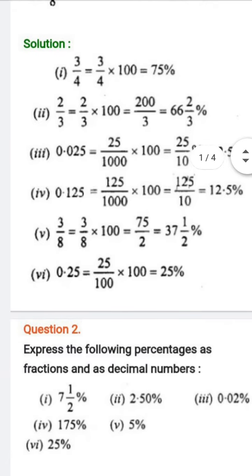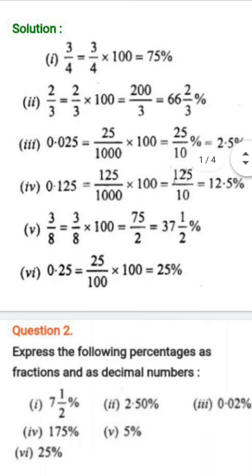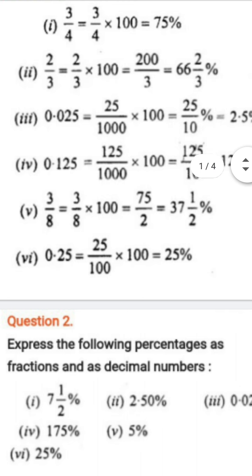Got it now? We will see another example, a decimal example. 0.25. What is there at the denominator? At the denominator nothing is there. That means 1 is always there. 0.25 upon 1, because 1 is hidden. So if the denominator is not there, we have to consider it as 1. And see now,